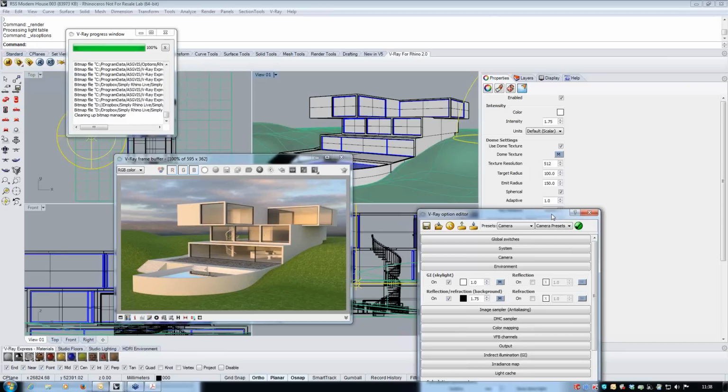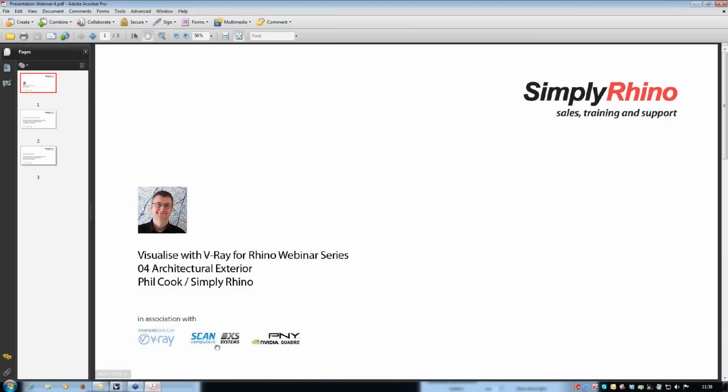Okay, and what looks like the final question, from Rob. How could someone use the VFB channels to enhance the exterior scene? Okay, well, you can render out quite a lot of stuff in the VFB channels, and you can take out light, shadows, reflections, all as separate channels, and the idea is that you can put those back together in Photoshop and you can use them as masks or as adjustment layers,